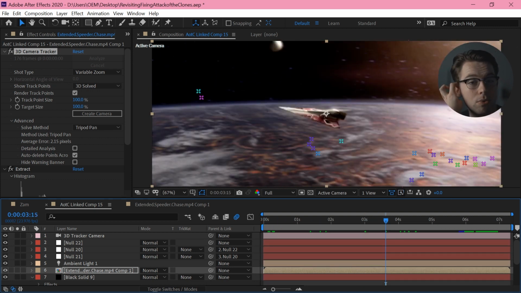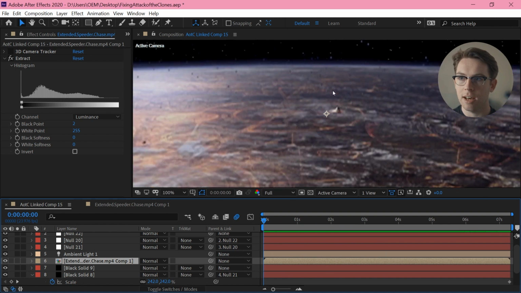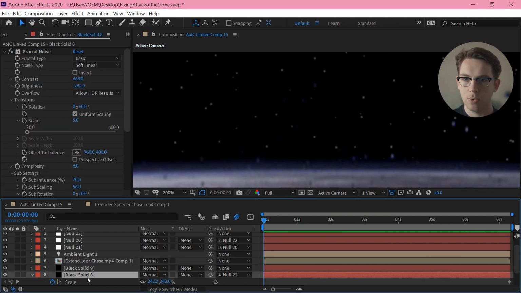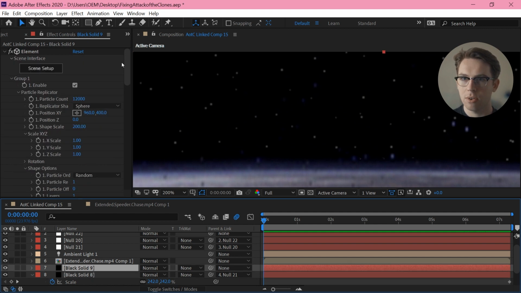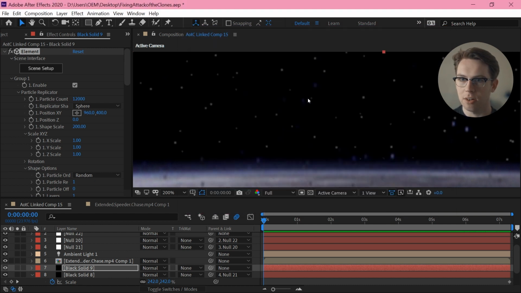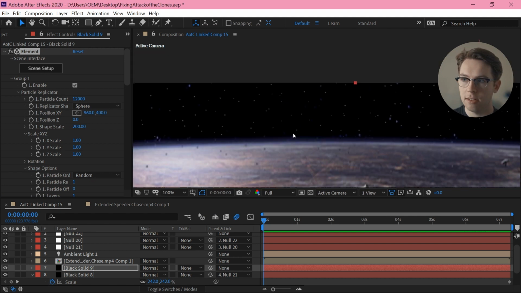That's still useful. So for these stars in the background to begin with, this is one way of doing it, which is not incredible, but it's okay. I'm making a particle field of just 2D planes that are all facing the camera and spreading them really far back in 3D space.